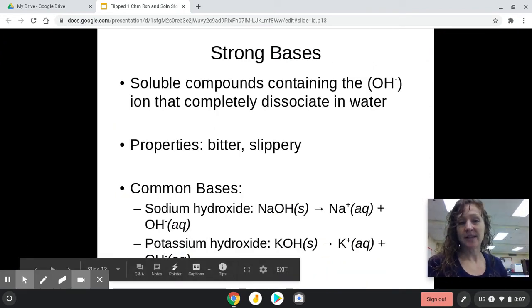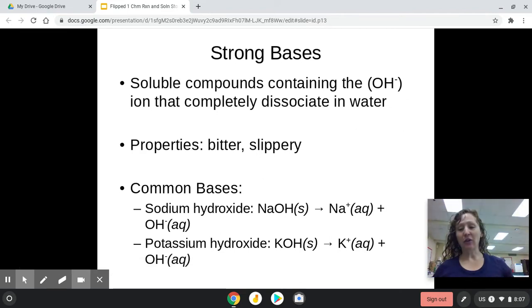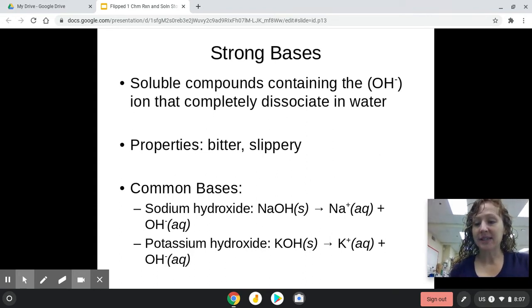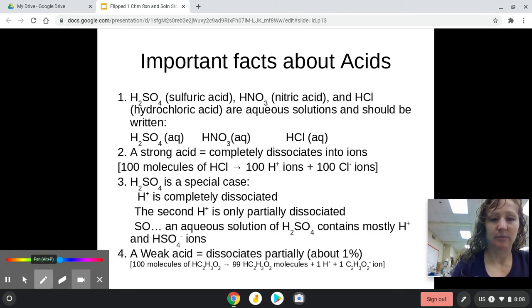Okay, strong bases are the third thing in this strong electrolyte. Again, the definition of strong bases is that they dissociate completely in water. Bases are going to be soluble compounds. Well, bases don't necessarily have to be soluble, but